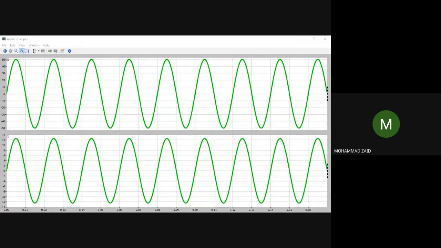Earlier, when I had the higher value of L, I was observing a transient. Now, in the first cycle, at time zero only, I am getting a pure sine wave. Why? Can anybody tell?